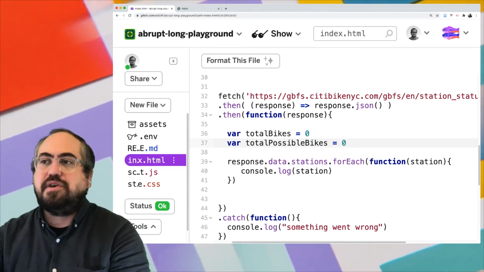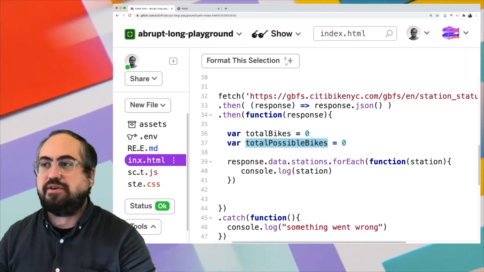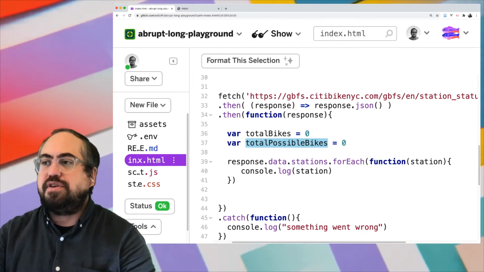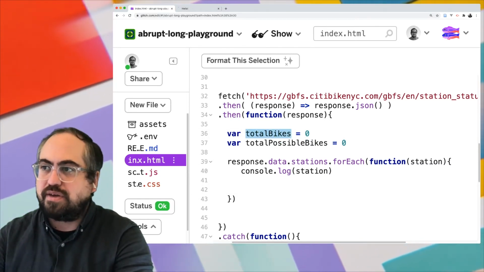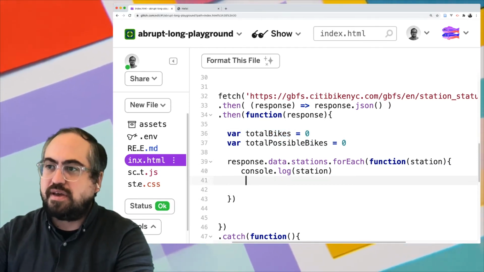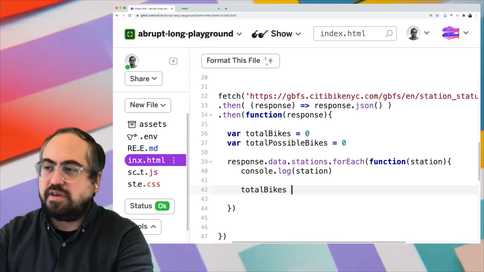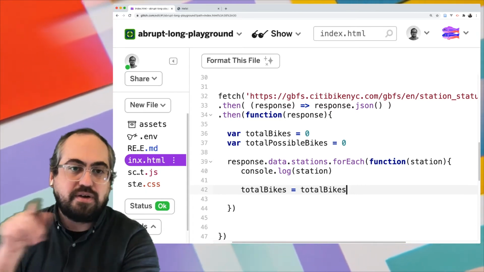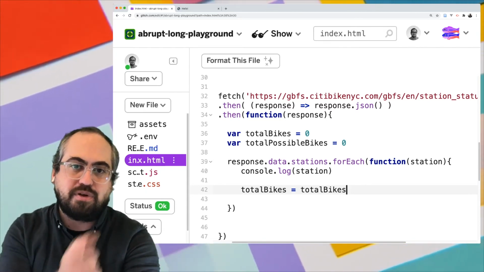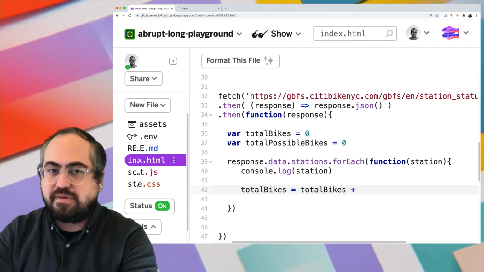So now that we have these 2 variables defined, we could add to them as we go through our looping of the data. For each station, let's add to the first one. We could say total bikes equals total bikes, because this could be the 10th iteration or 100th, so we want to make sure we keep track of the previous ones. So total bikes equals total bikes plus